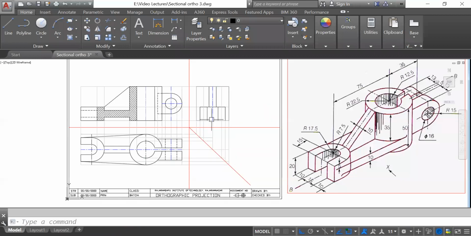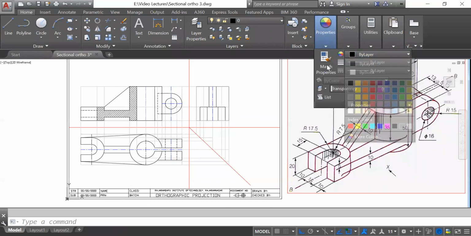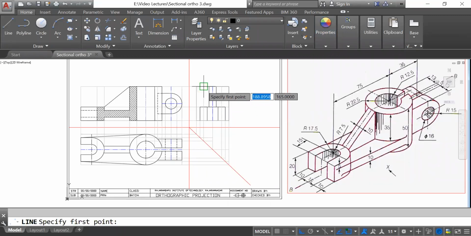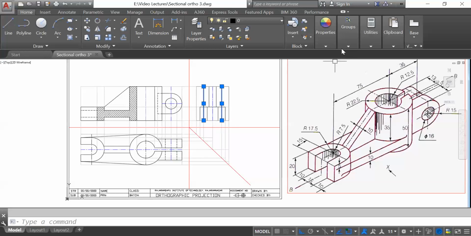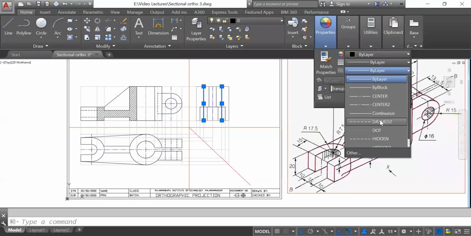Okay, and that is hidden because if you see from the front, that would be a hidden line. Here we have to show as hidden lines.